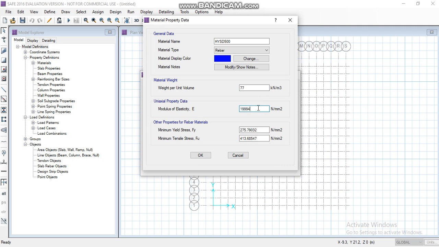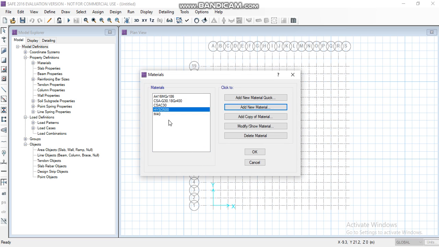Modulus of elasticity is considered as 2 into 10 to the power of 5. Then click on OK. Here we can see that both the materials have been added.